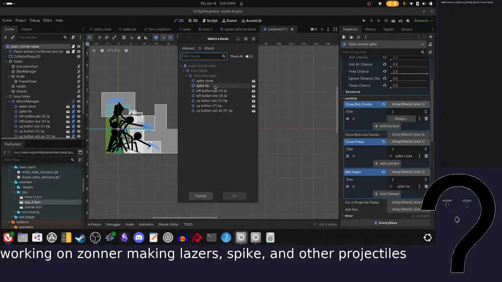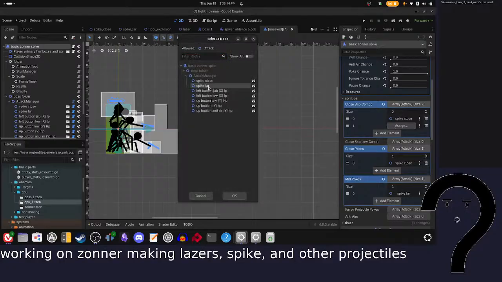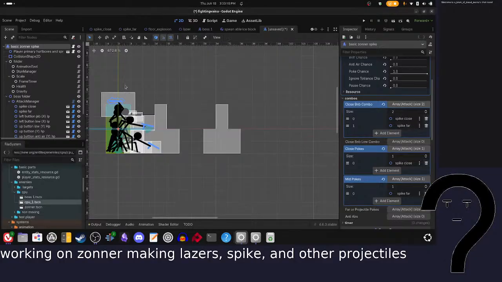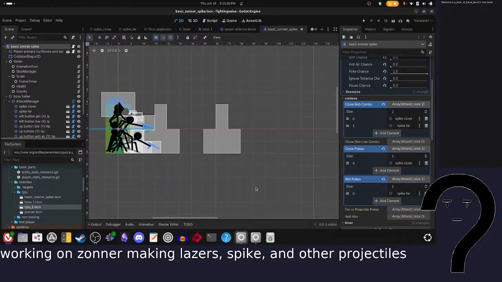Close BNB: spike close, spike far. Basic zoner spike. Let's put it